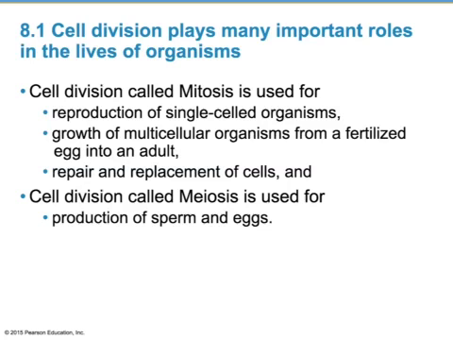For mitosis, which again is asexual reproduction, some single-celled organisms just reproduce that way. For those of us who are multicellular, we need to do it so that we can grow. From when we were a fertilized egg until where you are right now in your life, and continuing on into adulthood, in order for you to grow, you need to do mitosis.